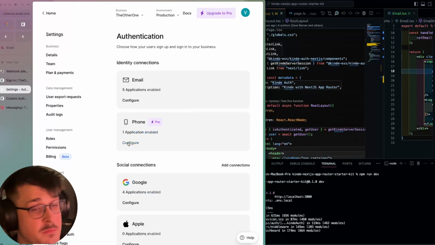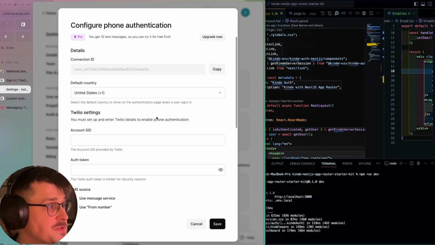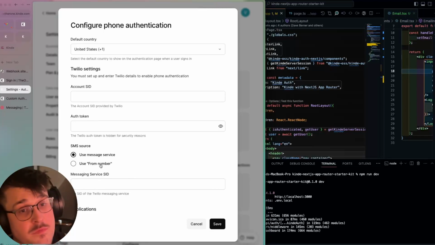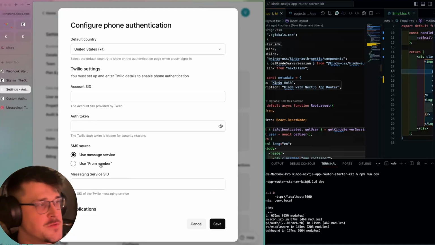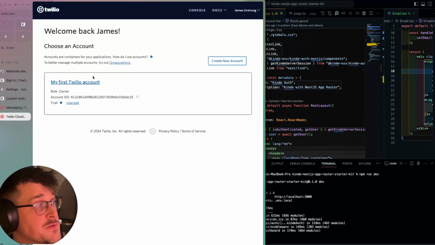But implementing Twilio specifically is what we are concerned about here. So on the Twilio settings, what we will be getting from their account is the account SID number, the auth token, and the message service ID, or the from phone number. You'll most likely be using the message service, but more on that later. So let's configure and go back to the Twilio homepage. So inside the Twilio homepage,